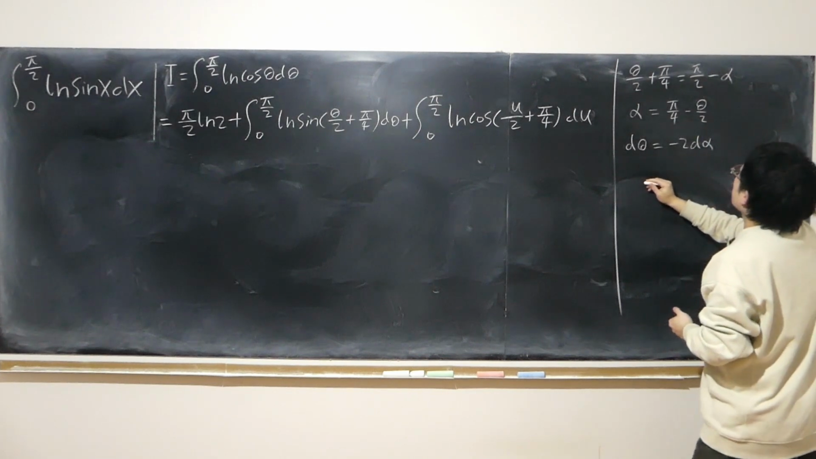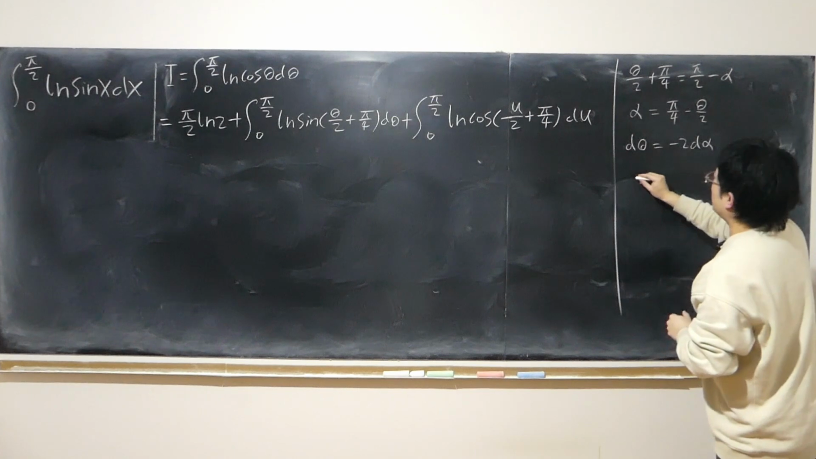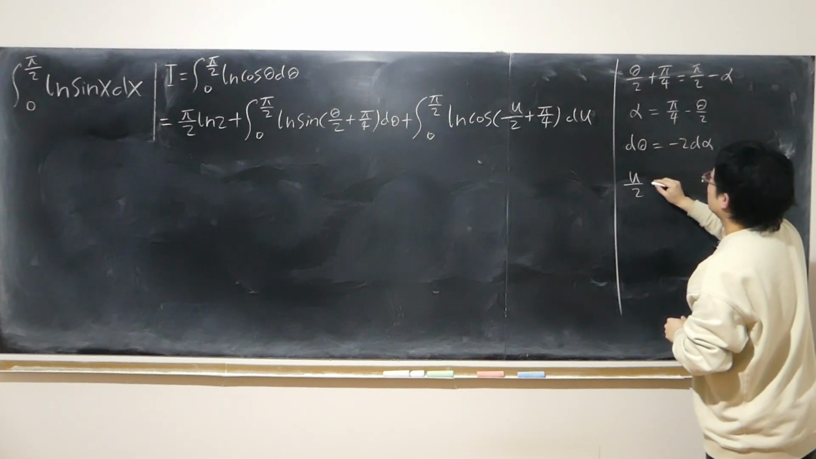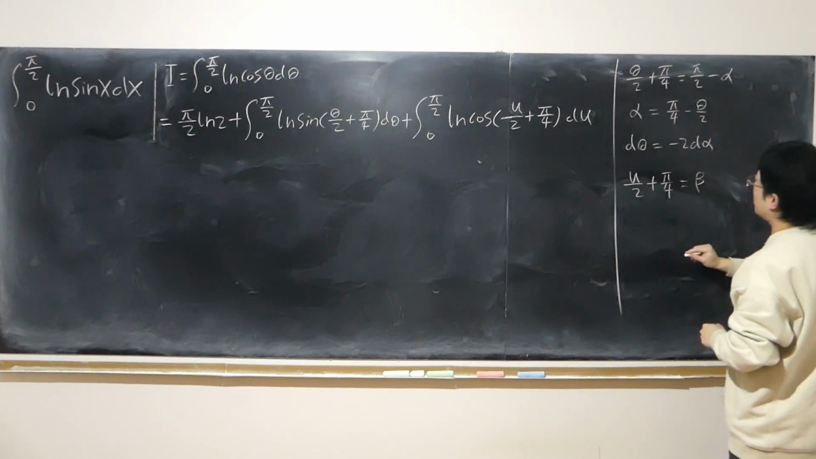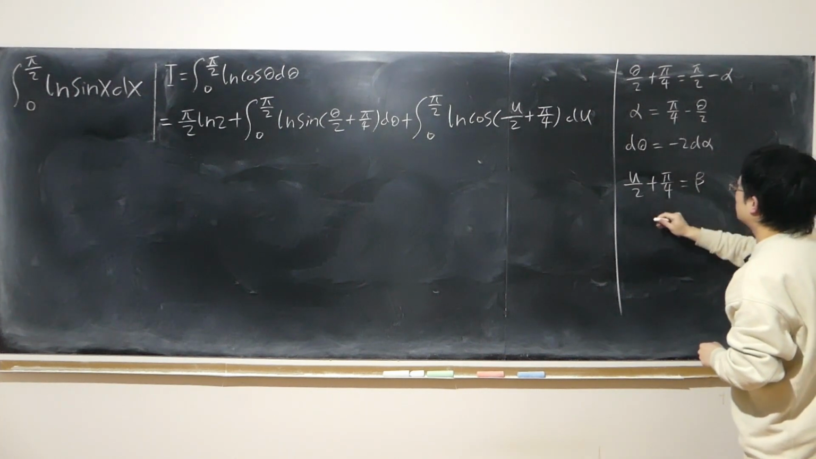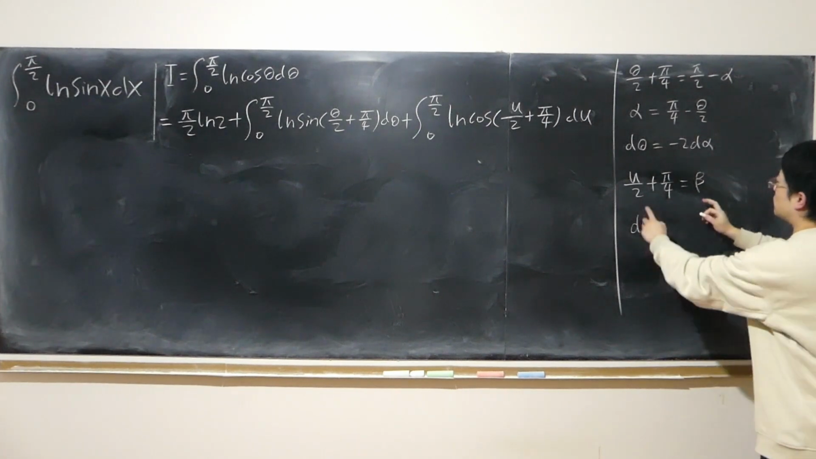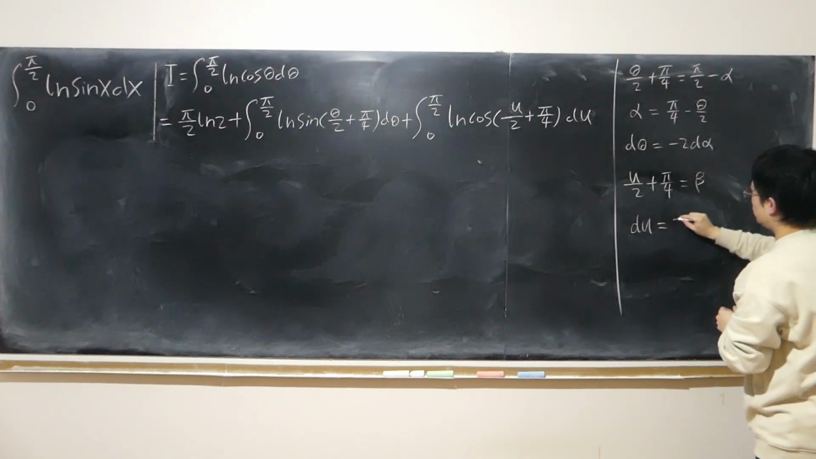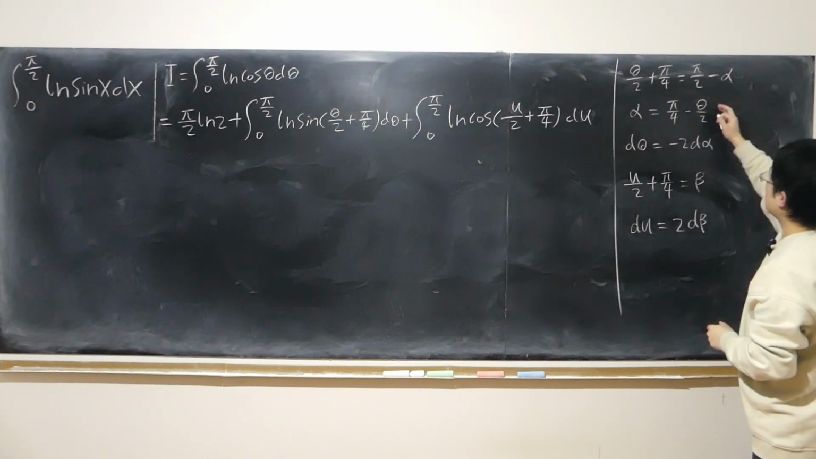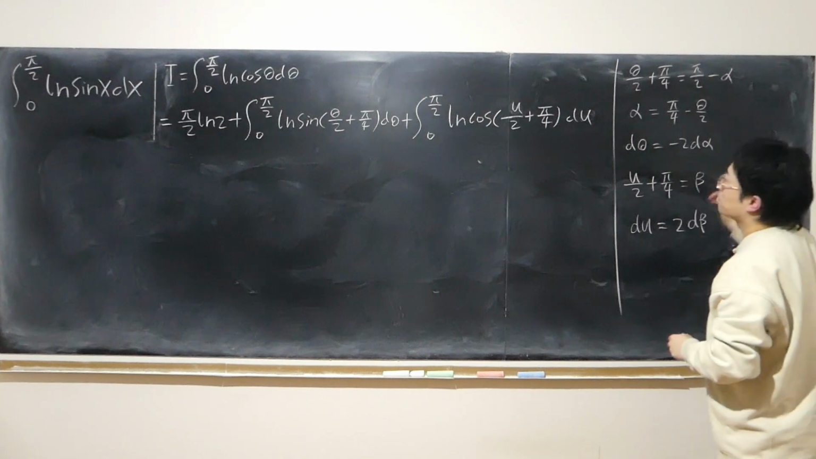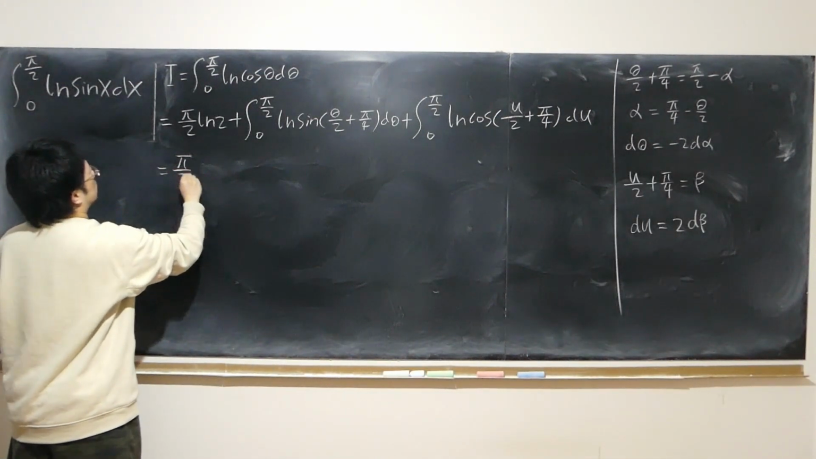So also for this part, u, I let half u plus pi over 4 equal to beta. So that du, times 2 on both sides, looks like it's 2 d beta. Following this, we can change the boundaries. So pi over 2 log 2